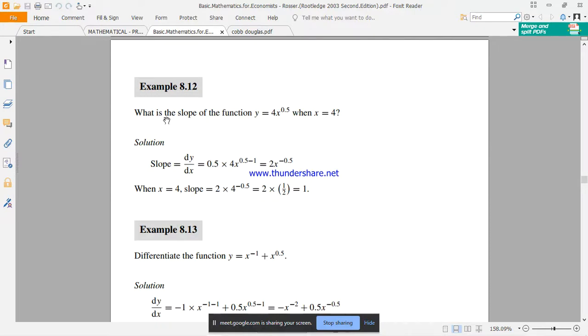It's the same thing. What is the slope of the function y is equal to 4x to the power 0.5 when x is 4? So you just multiply 4 times 0.5, which will just be 2 because 0.5 is half. So 4 times half is 2, because half of 4 is 2. So it will be 2